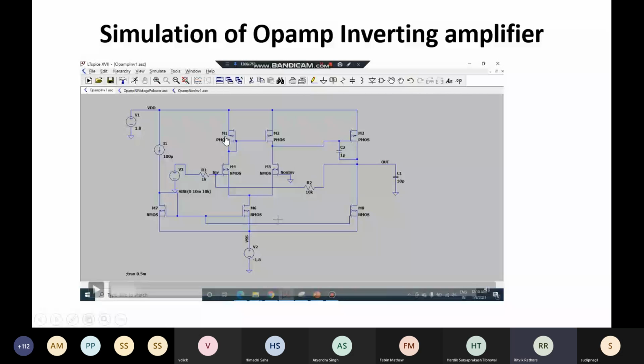Then these two transistors, M1 and M2, are PMOS, and they make a current mirror. We are using a current mirror here in order to convert the differential output into a single-ended output. I could just remove this diode connection from the PMOS and connect some bias voltage here. That would also work, but in that case the gain would be halved. We do not want the gain to be degraded here. That's why we are using a current mirror.